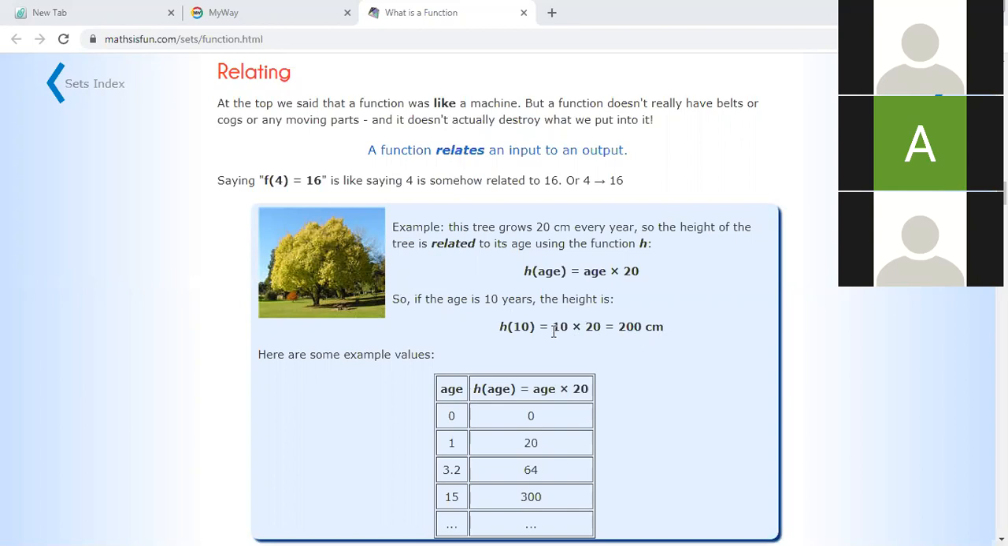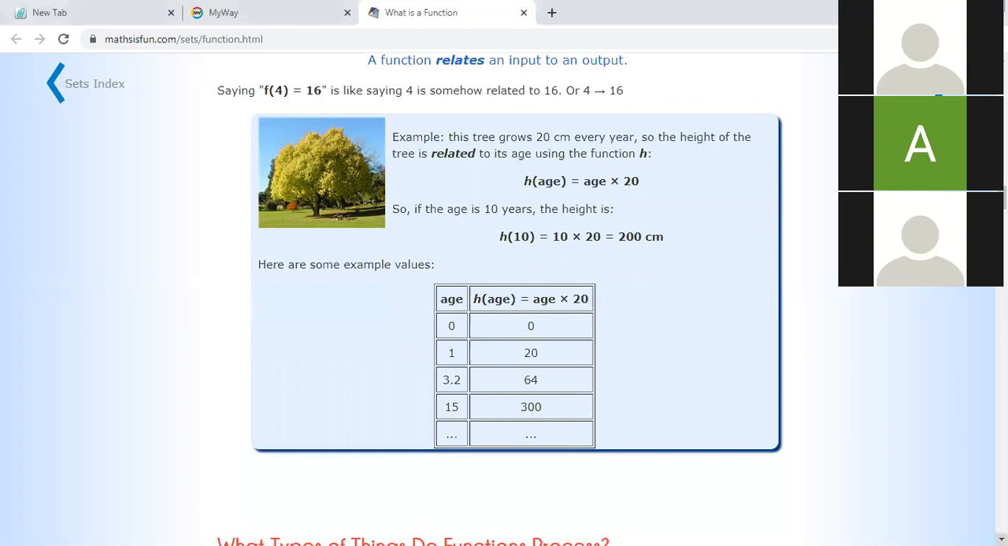200 centimeters. Okay, here we have different ages. Assume zero age, 0 multiplied by 20 becomes 0, when there is no height. Age जब दरख्त ही नहीं है तो जाहिर सी बात है 0 है. Obviously it shows that when there is no tree, there is no plant, it means 0 age and 0